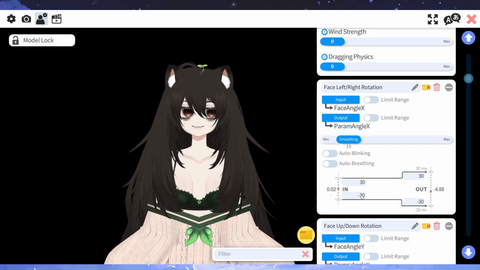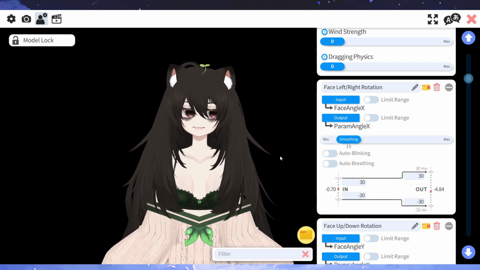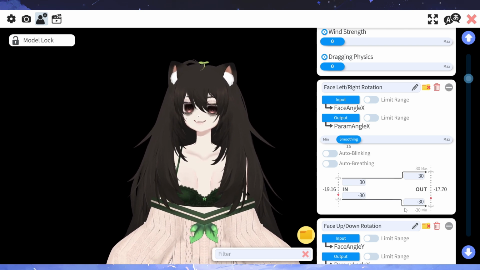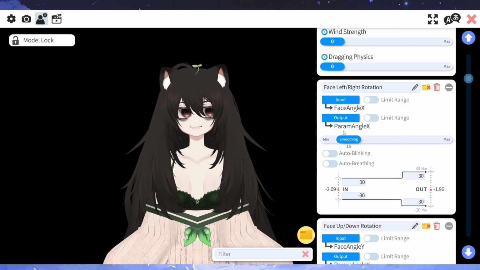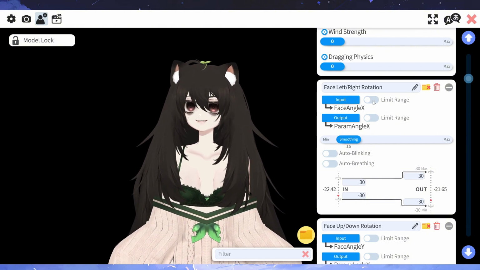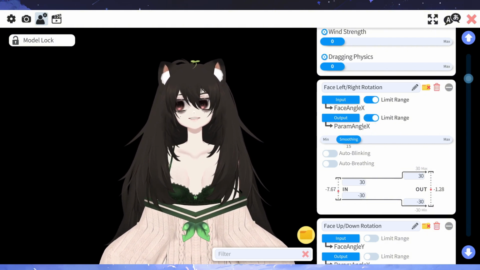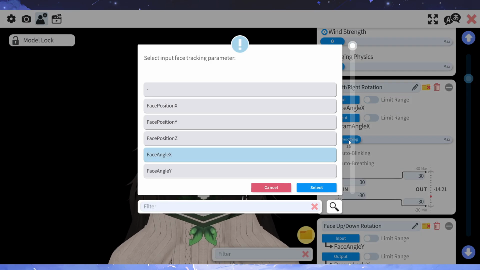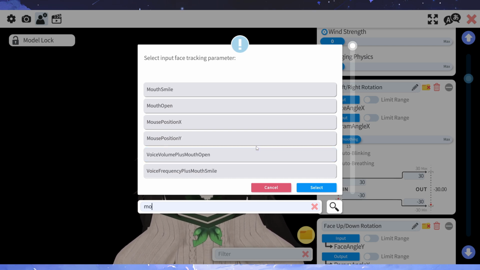It's a bit of a process to set up your model, but that's okay. Now, I'm going to explain to you what it all means. Now that we all know what a parameter is, what's input, what's output, what's smoothing, what's limit range, what does it mean? Well, I'm here to help. Input is always the thing that Vtuber Studio reads. For example, input is your face, or, screw it,